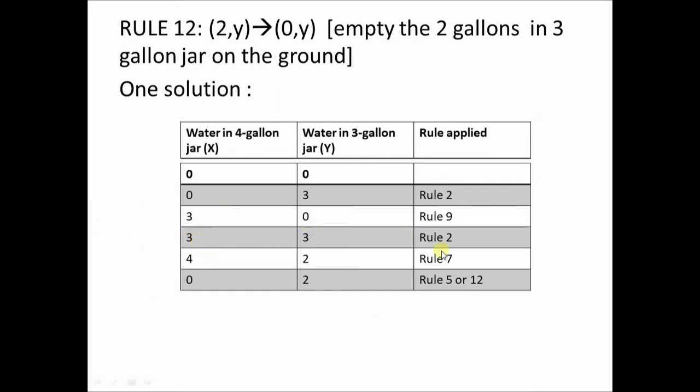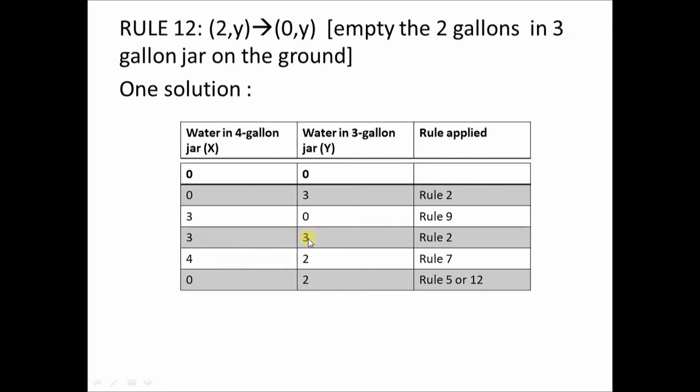So I use rule number 7 and I transfer some amount of water from the 3 gallon jar to the 4 gallon jar, so that the 4 gallon jar becomes full. There was 1 gallon of empty space available here.